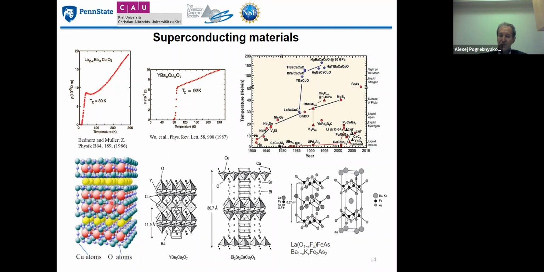So these samples have highly anisotropic properties. Conductivity within these planes is much higher than conductivity in the normal direction. This is typical of ceramic superconductors. They're brittle, and we'll see how it affects the properties, in particular the current carrying capabilities of these materials, when we discuss the applications.